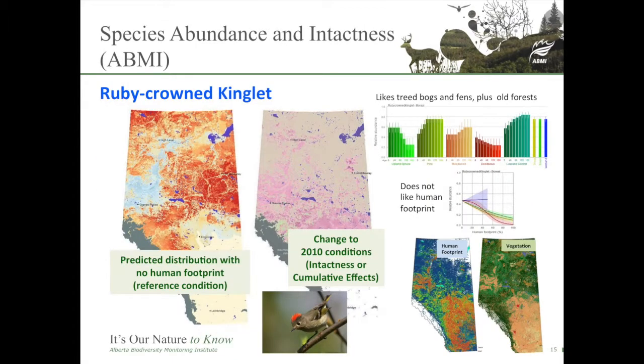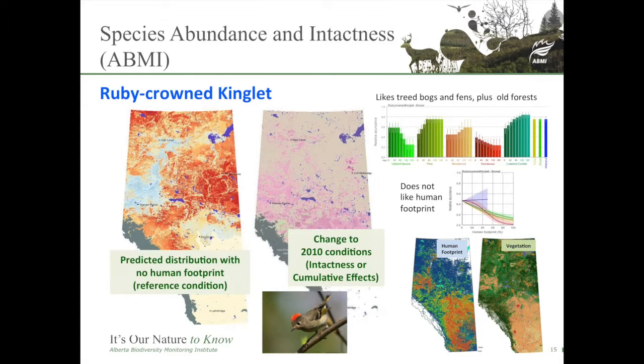I'll give you an example of one species. So this is just one of hundreds of species. Ruby-crowned kinglet. I chose it because I like them and I'm a bird ecologist. But there's no other reason. You could choose any species. But ruby-crowned kinglet. And you'll see all one does, if you look on the Y scale, is the relative abundance